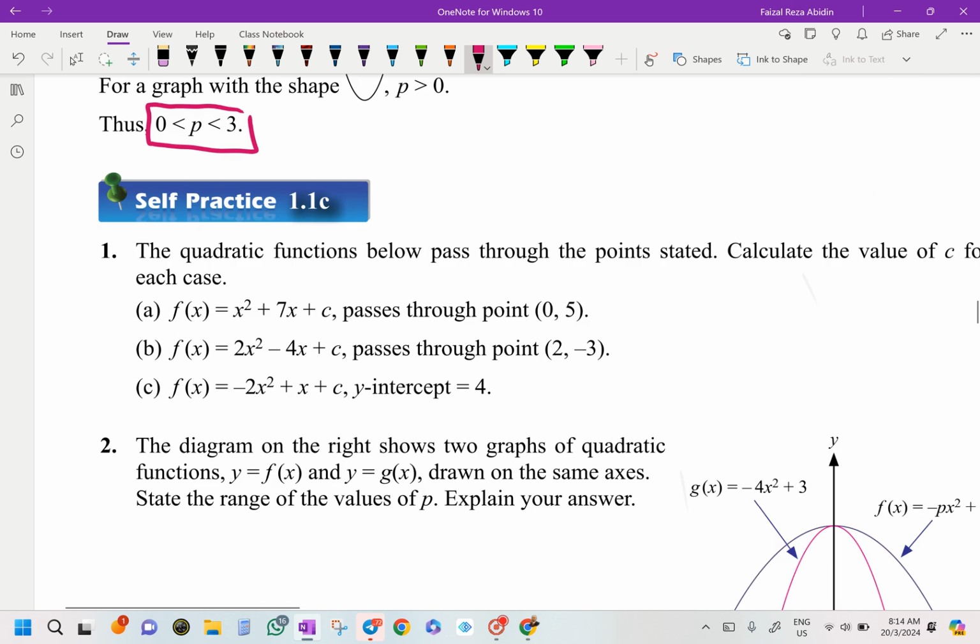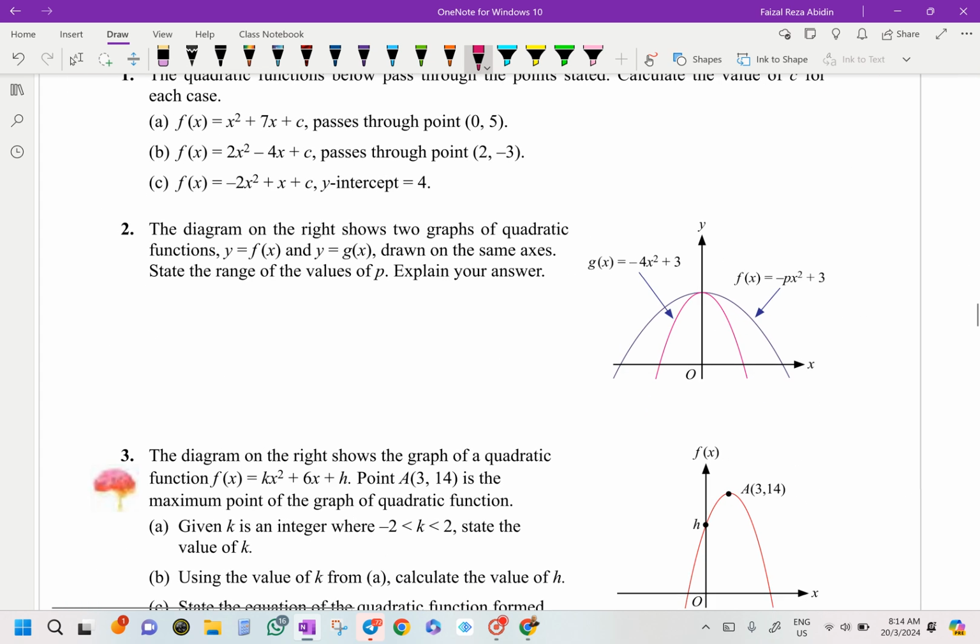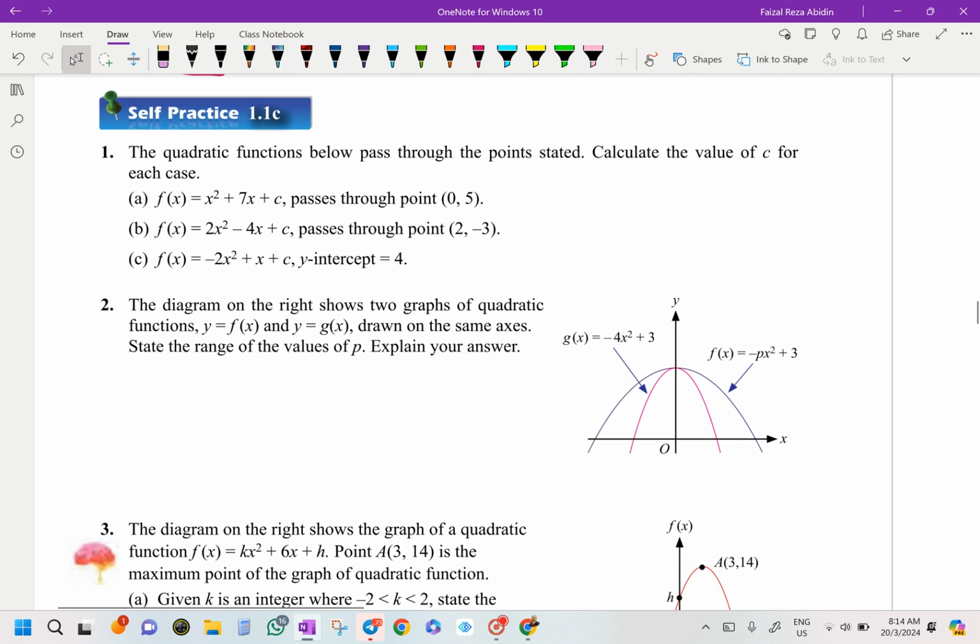Okay, self practice 1.1C. Sabar sekejap. Kita nak tengok apa? Tengok